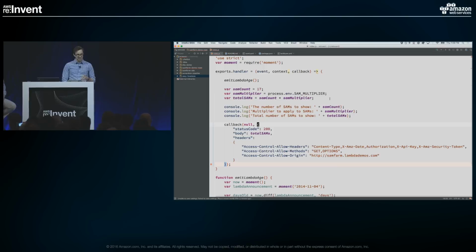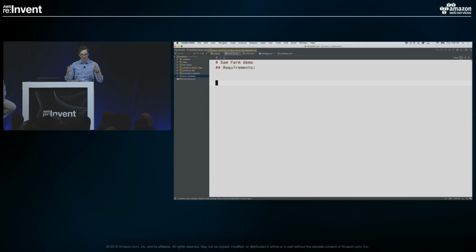So I have my Lambda function, which I just talked about, but what other parts do I need for this whole demo? So I wanted to write those out to give me a better idea of what parts of the serverless model and the serverless website I can use to build everything.